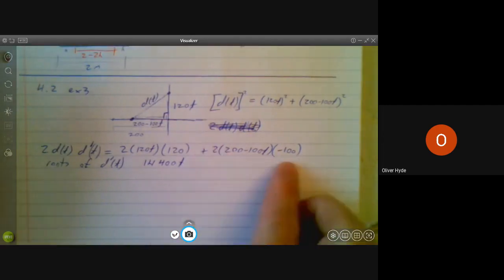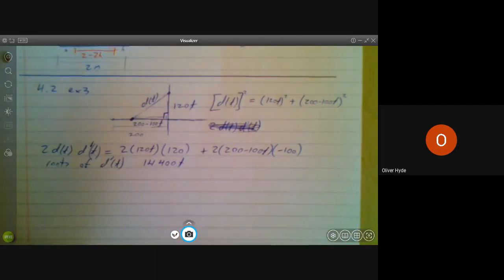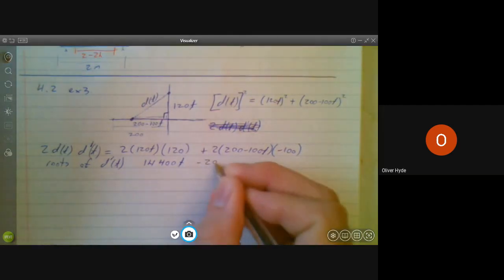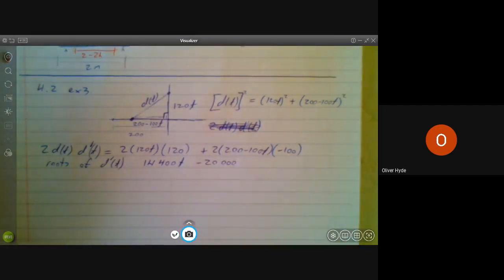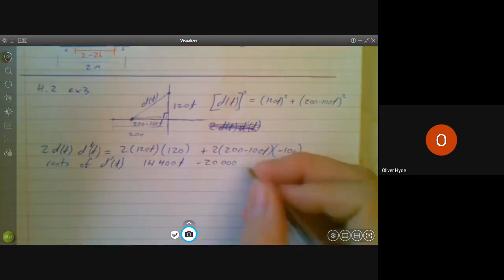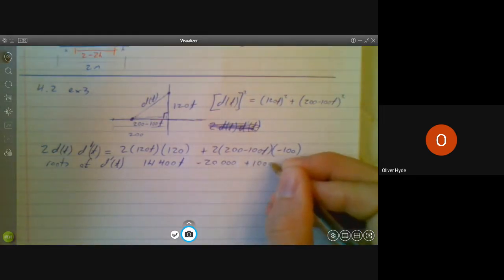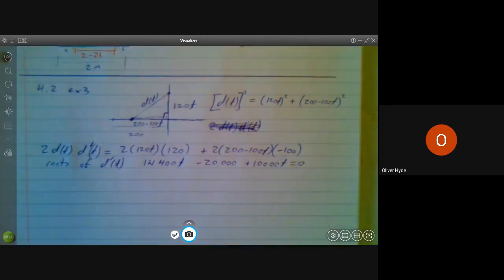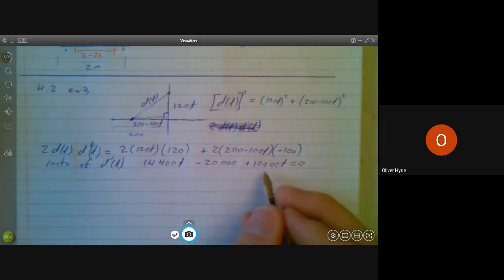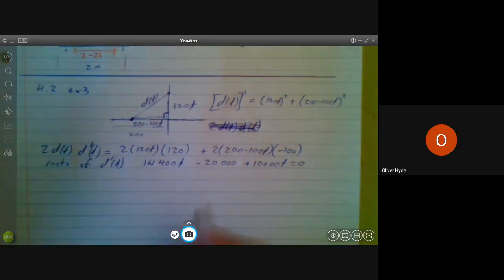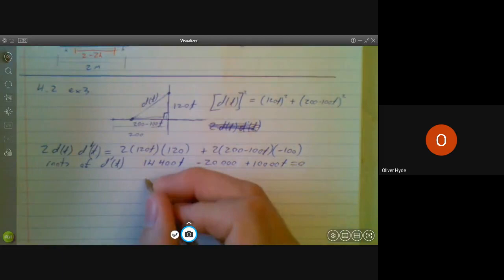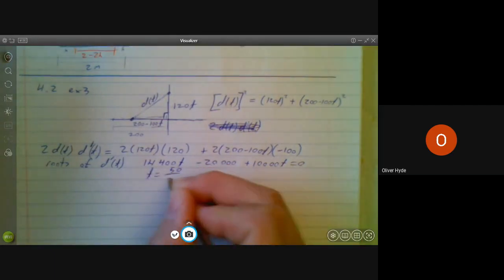14,400t. Let's see, I'm dividing by the 2, but then I'll distribute by the 100. 200 times negative 100 minus 20,000, and then I'll have a 100 times 100 plus 10,000t will equal 0. Okay, this is when the roots of d prime of t will occur. I do a little bit of solving here. I'll have like 20,000 divided by 24,400, and I get the same answer as before of